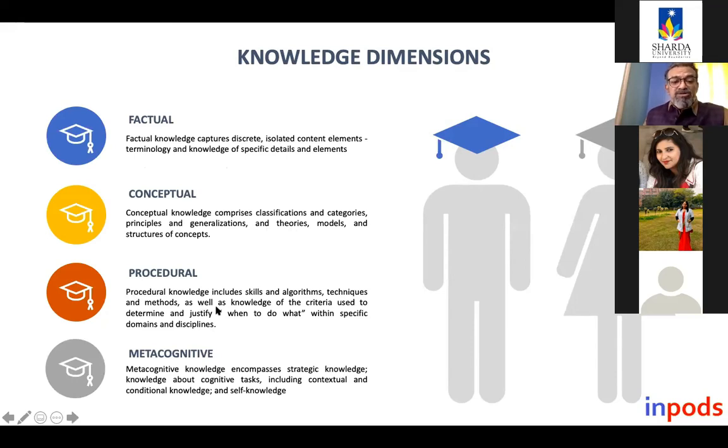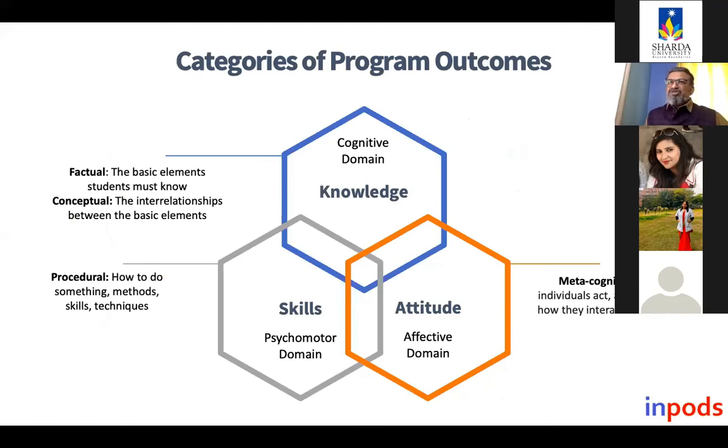Procedural knowledge includes skills and algorithms, techniques and methods, as well as knowledge of criteria used to determine and justify when to do what within the specific domains and disciplines. And metacognitive knowledge encompasses strategic knowledge about the cognitive tasks, including contextual and conditional knowledge and self-knowledge. So these are the knowledge dimensions, and these are used already by us when we think about the categories of